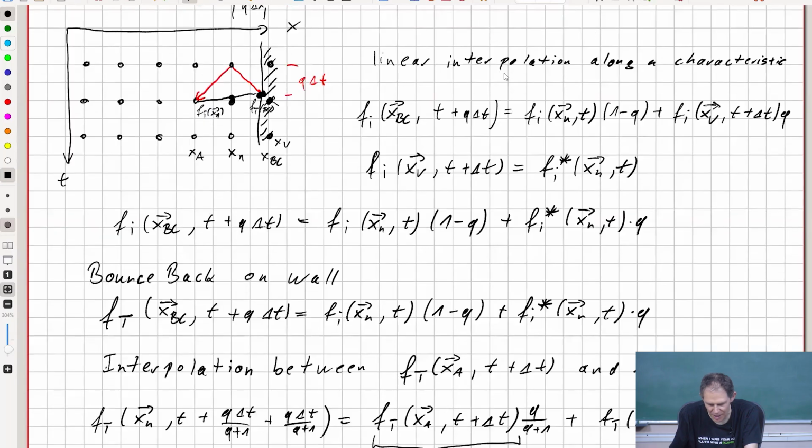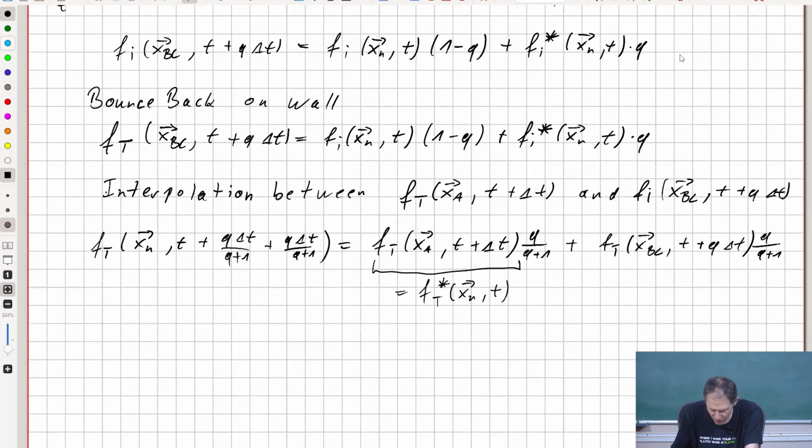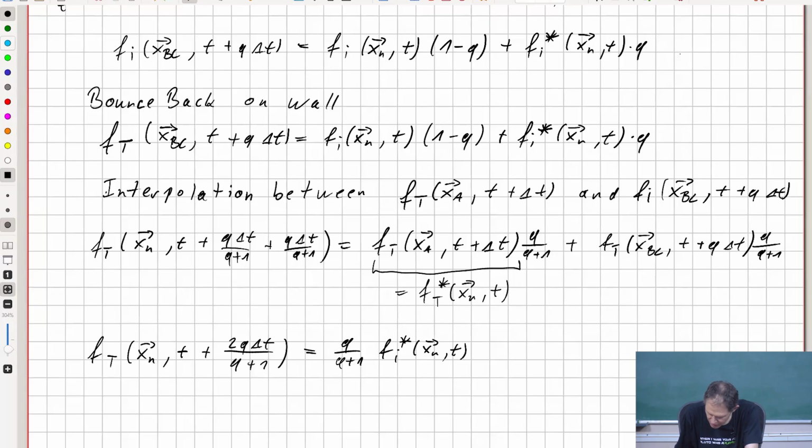So we can combine all of this to say that this is Fi over bar of xn and t plus 2q delta t divided by q plus 1, is equal to q divided by q plus 1 times Fi asterisk xn and t plus,